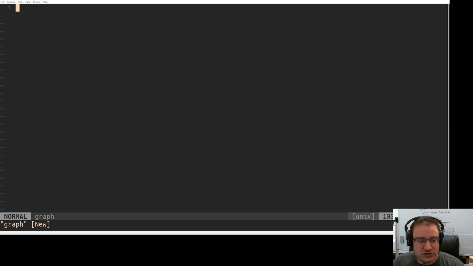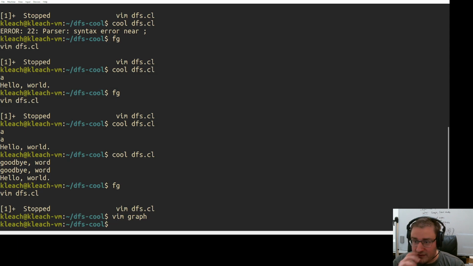I might just create this file called graph, and I'm going to have two nodes. In this example, we don't have any edge weights. We're just going to have directed edges. I'm going to have one edge in my graph that goes from A to B, and that's going to be my graph. Doing DFS should be fairly straightforward. If I start at A, I should end up at B. All right, so I want to be able to read in,